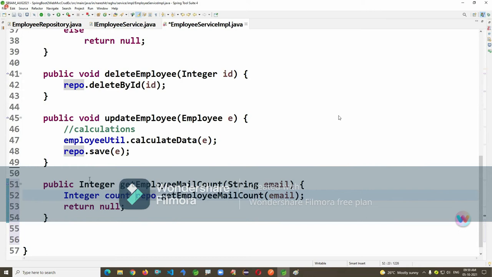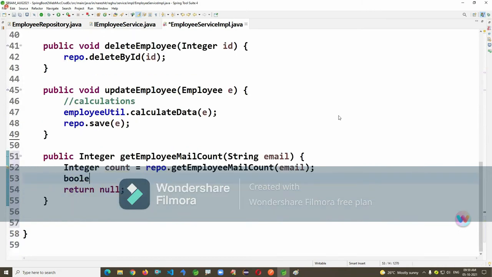Here boolean exist is equals to count greater than 0. If it is true, the email exists; if false, it does not exist. I'm just writing like this, exist or not.